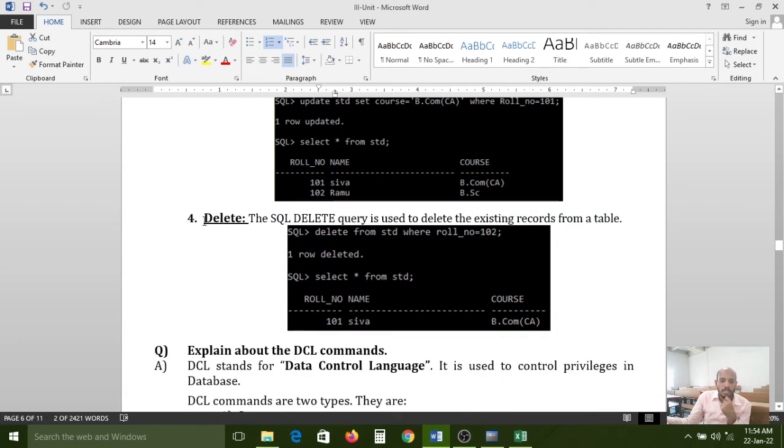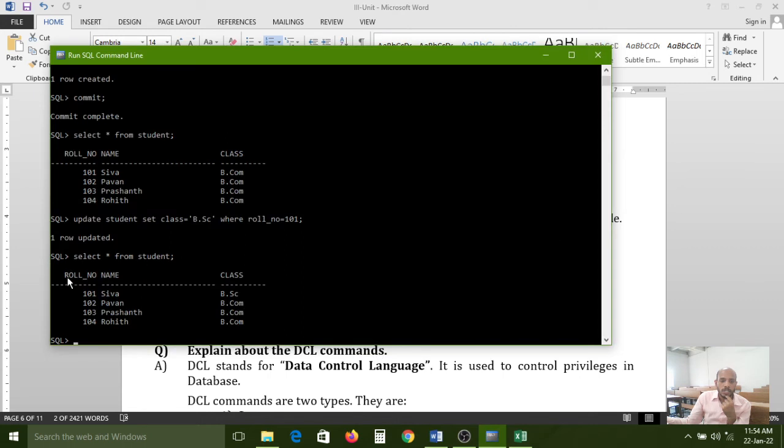Last one in these DML commands is delete. So now I want to delete one record. Here I want to delete the first record. For that I am using the delete command.